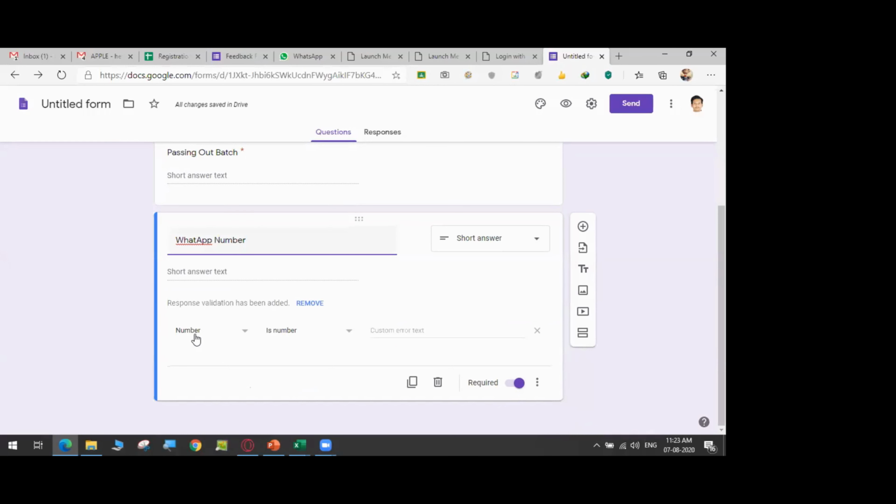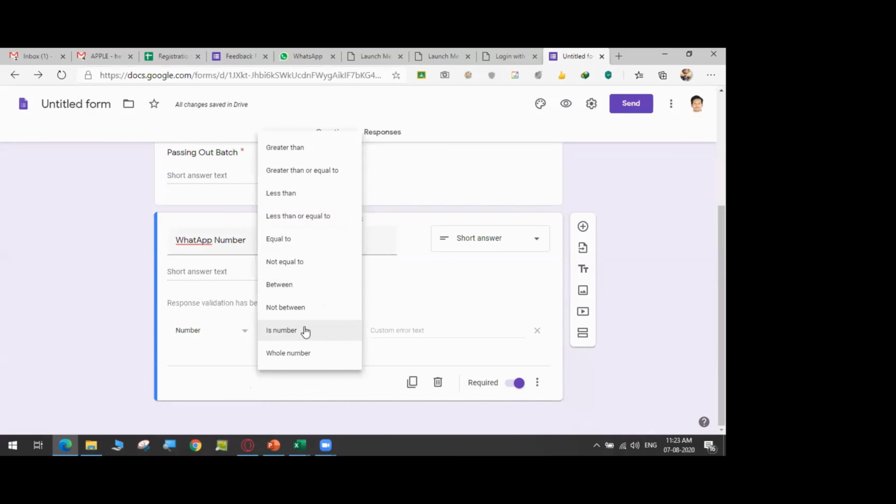So response validation should be a number first, and then you can give a range. Suppose you are giving a register number, or asking the age of a particular thing. You are restricting to certain things below 18, say. Then you can put it should be greater than 18.